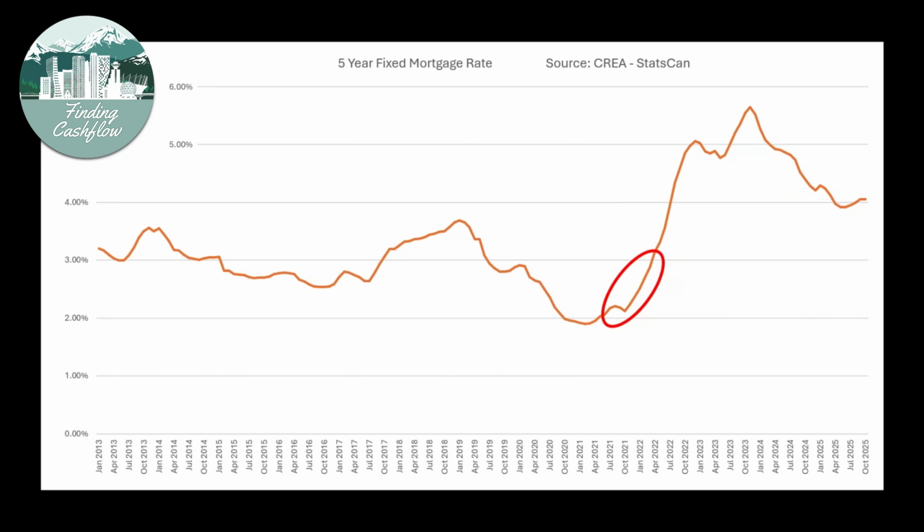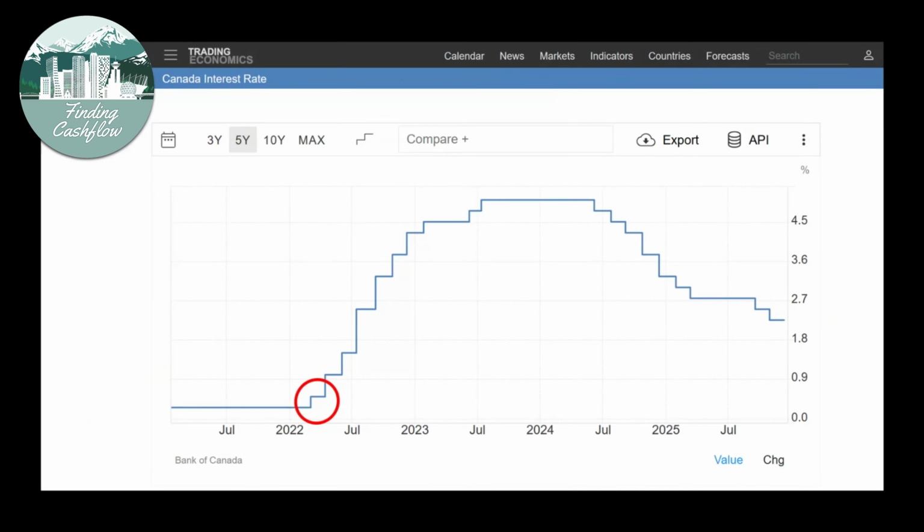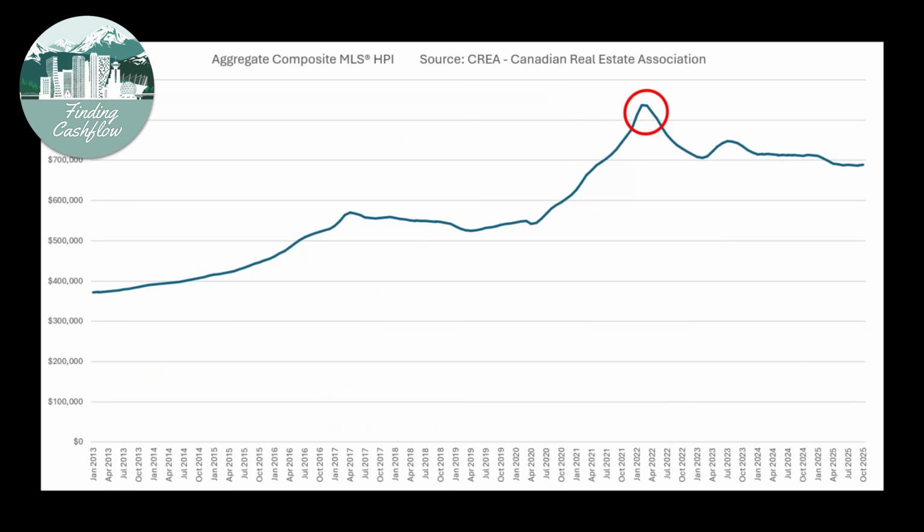And this occurs because even though the 5-year fixed mortgage rate began to climb in early 2021, and remember, the 5-year fixed mortgage rate in Canada is dependent on the Government of Canada 5-year bond yield, which started to rise in late 2021, as opposed to the overnight rate from the Bank of Canada, which didn't see its first increase until March 2022, home prices in Canada continued to ratchet higher until the spring of 2022, despite the fact that the 5-year fixed mortgage rate had been increasing for several months. It wasn't until the Bank of Canada started increasing its overnight rate that the general public in Canada realised that rates were going higher and therefore stopped bidding up home prices.